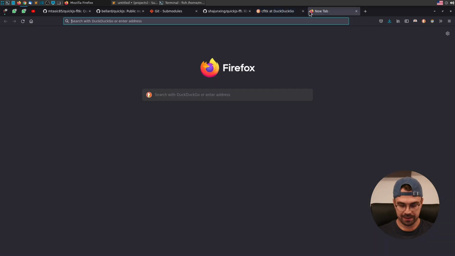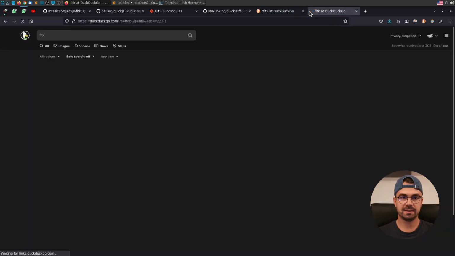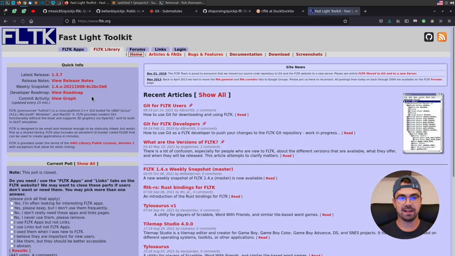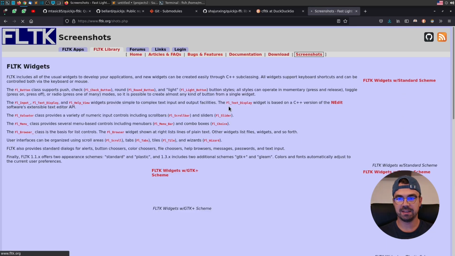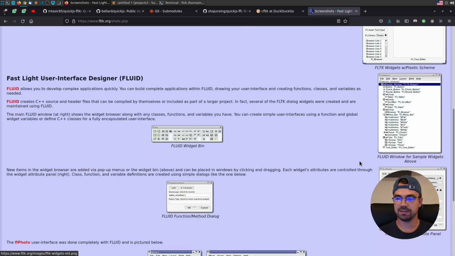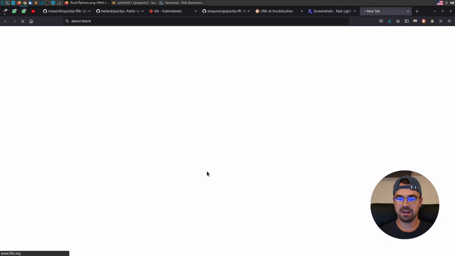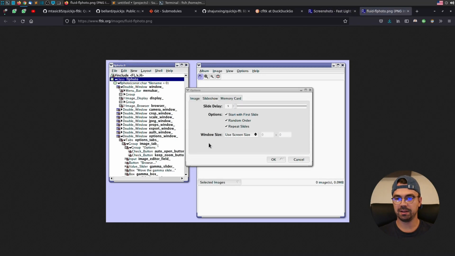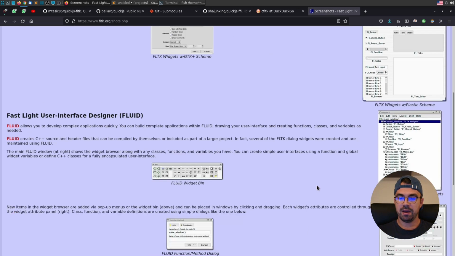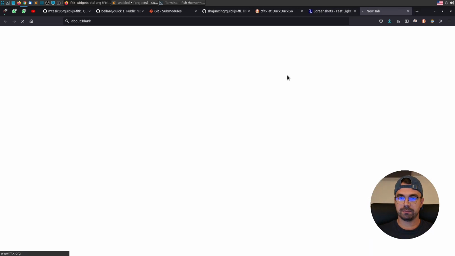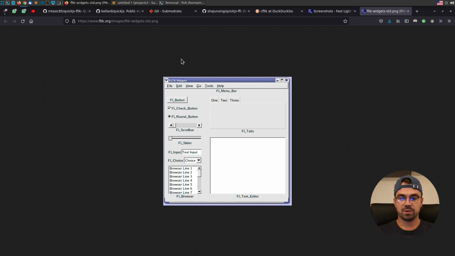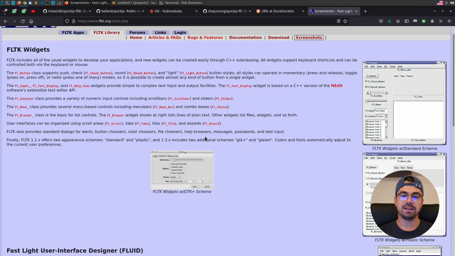All right, so FLTK is fast light toolkit. This is how it looks like. You can see some demos here. All right, so we can quickly build the UI. Can customize it. I see also it's running on Android now, which is really nice. View widgets, you can adjust style and everything. So it's like what you expect, but